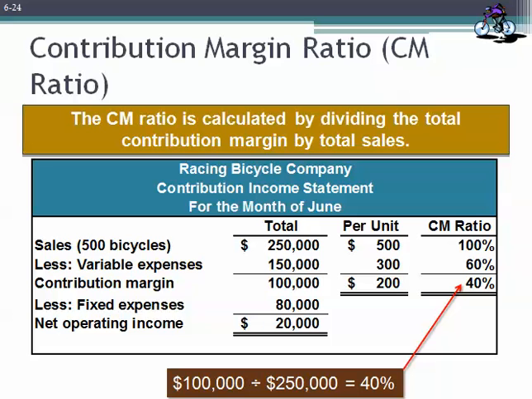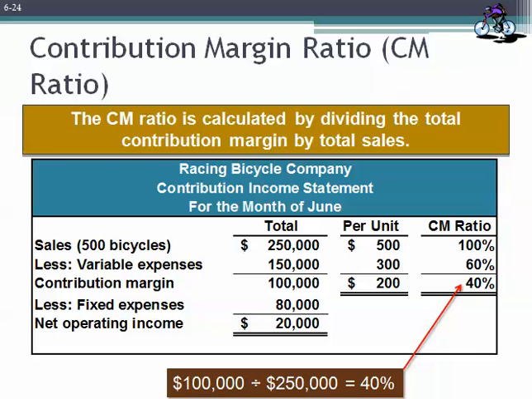Another way we can arrive at this number is to prepare a partial common size income statement. Recall, for a common size income statement, we take every item on our income statement and divide it by sales. So $250,000 in sales divided by 250,000 gives us our 100%. Our variable expenses as a percentage of sales are 60%, which is our $150,000 in total variable expenses divided by our $250,000 in sales. If we subtract our 60% expense ratio from our 100%, we're left with our contribution margin